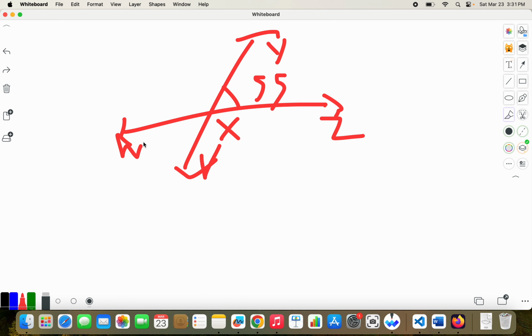Fine, I'll just put them there for the sake of it. But this is 55 degrees, and this is a straight line, okay? I promise you this is a straight line. What is this? And don't try to use a protractor. It's not going to help you. The way we can find this out is doing 180 minus 55. And you're like, how? And I told you it's a straight line. I mean, it doesn't look super straight, because my drawing skills are pretty bad, but